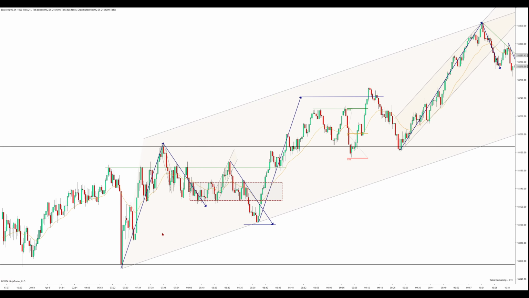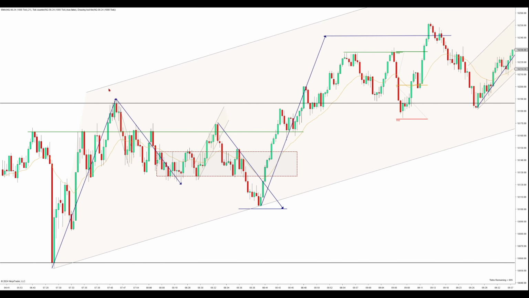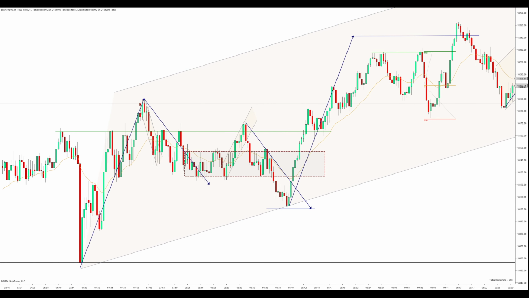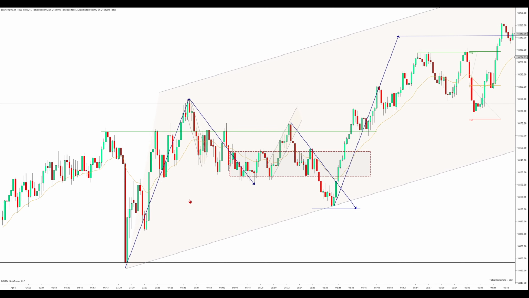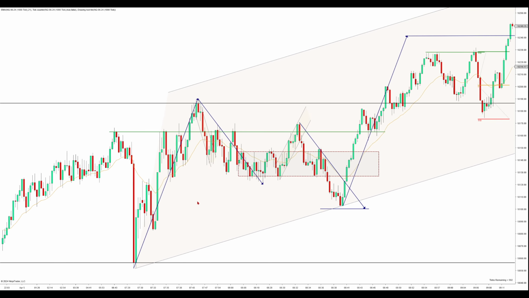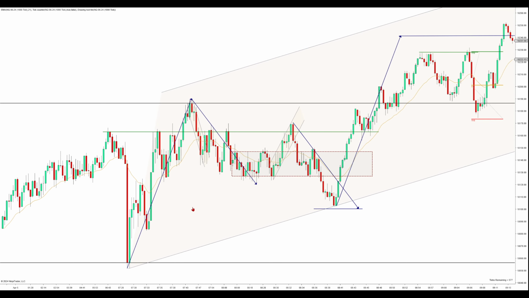So starting off, notice we have this double bottom right here. We push on up, sharp leg, and then when we push lower here, that forms our overnight high. Now we have the sharp push down. It looked very similar to the ES at first. Of course, the ES and the NQ do follow each other a bit, but it's not going to be the